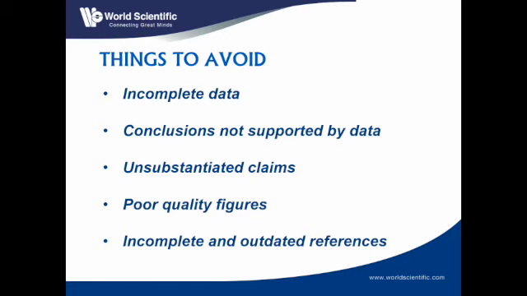Okay, so things we should avoid in your manuscript: incomplete data, or conclusions not supported by the data. A lot of people are making these mistakes. The data presented and your conclusion don't match. From your data, it doesn't necessarily lead to your conclusion. So you need to make sure that there's no logic loophole in your whole manuscript. And unsubstantiated claims or poor quality figures,